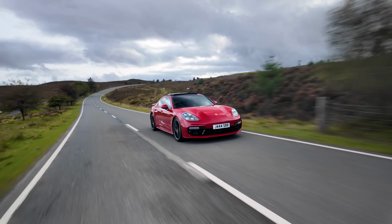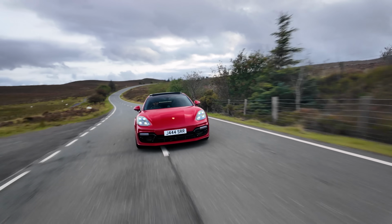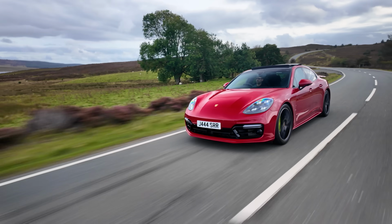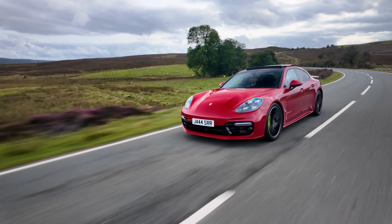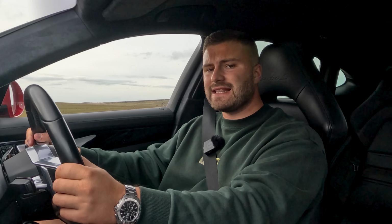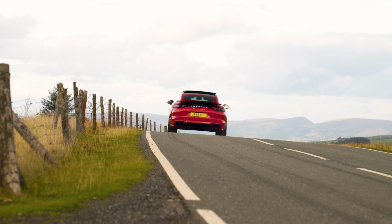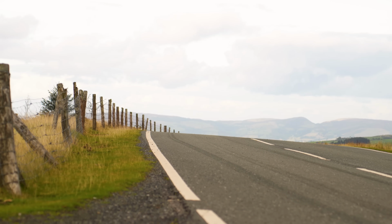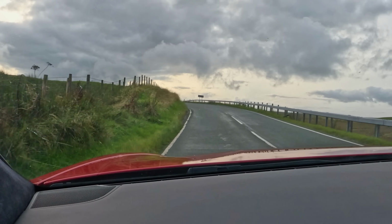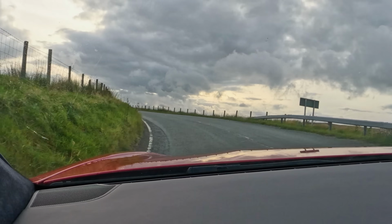That's what I like about these cars, but all this power and technology comes at a price. Big V8 engine up front, hybrid technology. This thing weighs 2.3 tons, which I would have already told you, but how does that affect handling? Well, the weight distribution is actually very good because you've got the electric motor in the back of the car. As soon as you start pushing on, you kind of forget that this thing weighs 2.3 tons because you realize